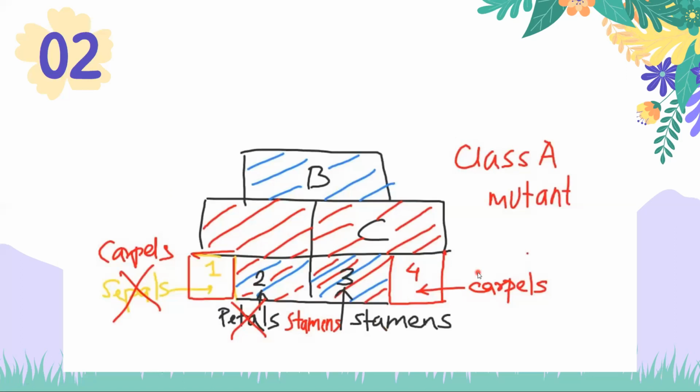And this is exactly the thing that you see in Hox genes or the homeotic genes. A mutant in a Hox gene would cause one part of the organ to look like something else. So now your sepals just look like the carpels. So there has been a transformation of one body part looking like some other body part. Okay, that's a class A mutant.